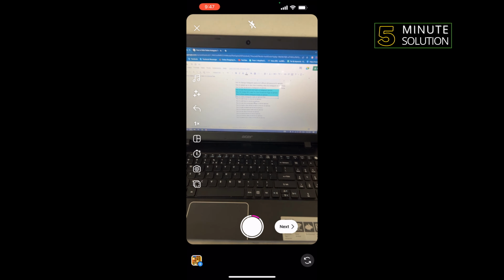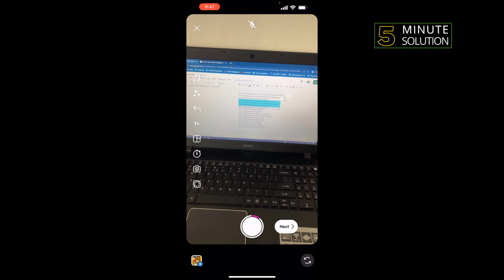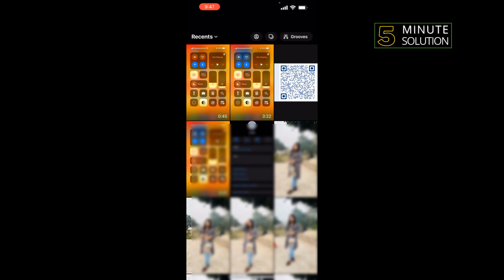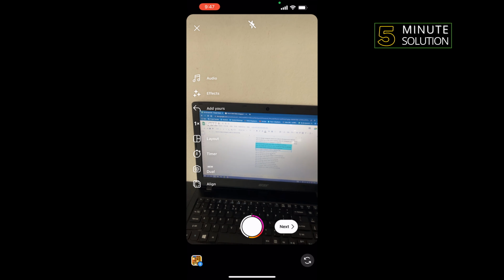Also, you can upload a video or photo from your gallery by tapping on this upload option at the bottom left corner. Select the video which you want to add, tap on add and tap on next,